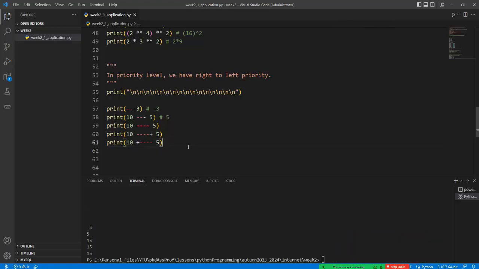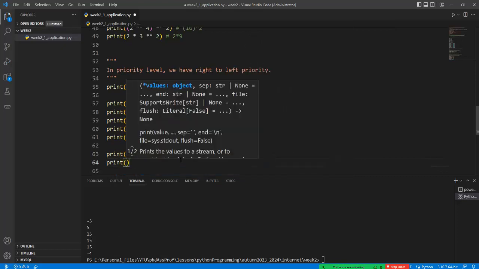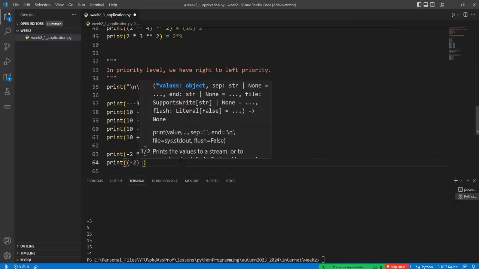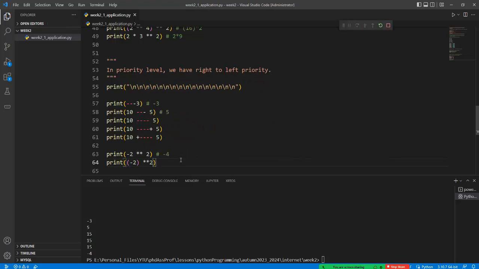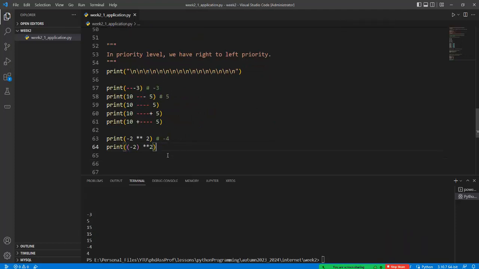Okay, but in some cases we have the minus 2 to the power of 2, so what's the result of this code? In the first place, we have the right hand side operator or right priority, and so 2 to the power of 2 generates the 4, and minus is added to this term, so these results must be equal to what? The minus 4. Okay, but if we have this information in here with the brackets like this one, then we can get the 4 value on the terminal page. Okay,